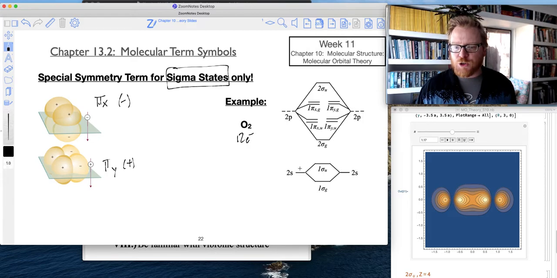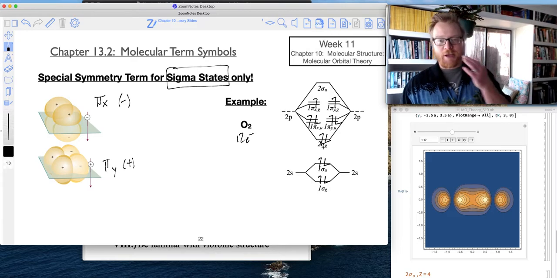So we know that we've got 2 from each 2s oxygen, right? So that's going to go 1, 2, 3, 4. So we filled up that shell. So now I've got 8 left to distribute. So we'll go 1, 2, and then this is how we're going to fill this out. 3, 4, 5, 6, 7, 8. Okay, and you notice that I made a triplet state out of this because remember, one of